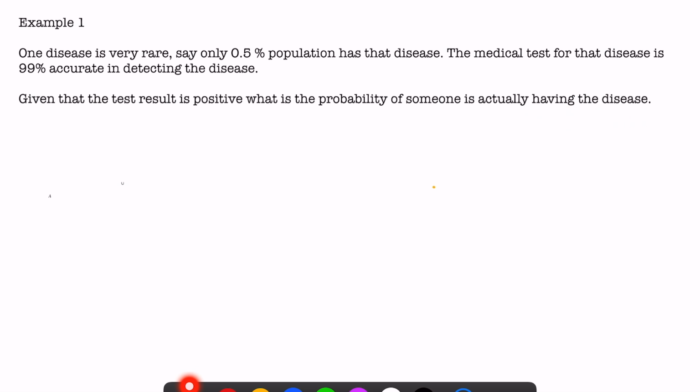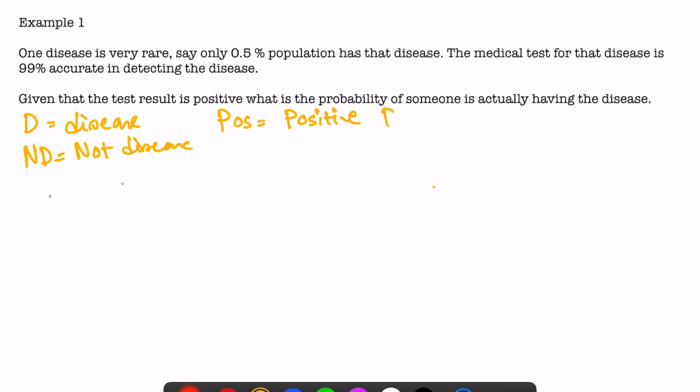So let's define a few events, right? One event is D, that is, someone is having the disease. One event is ND, that is, not diseased, right? Positive, this is basically a positive result, and negative, that is a negative result, right? So what we know from the problem statement,